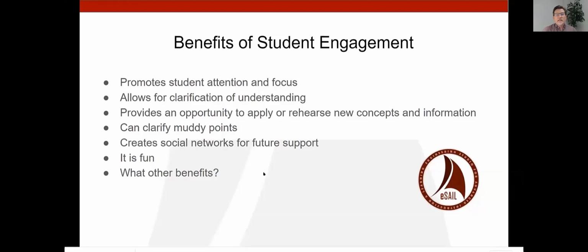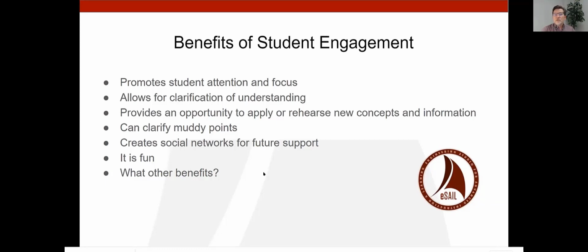A few other points that we want to bring out is that student engagement allows for clarification of understanding. So especially if you allow students to ask questions or allow them to express what level of understanding they have, then it gives us an opportunity to make clarifications.